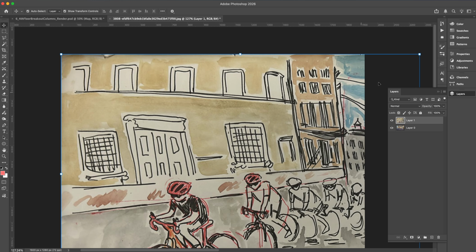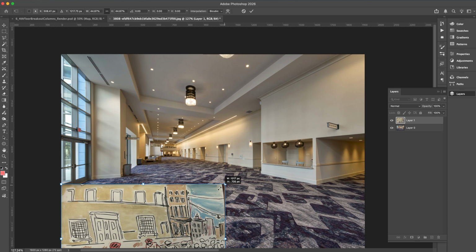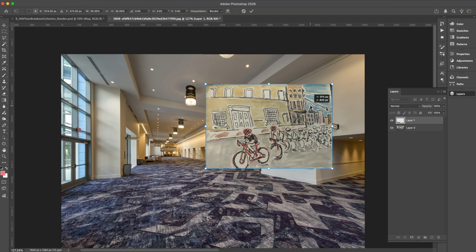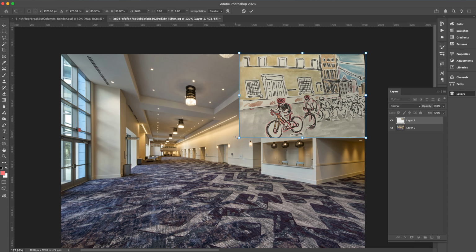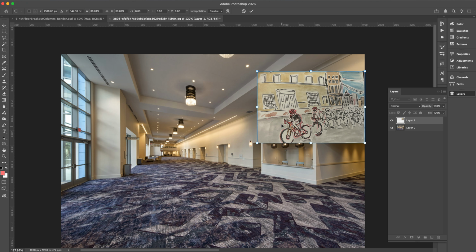And I can resize this, hold down Shift to keep it scaled proportionally. And I'm going to place it kind of right over here. And then I'm going to double click it to lock that in. Now I'm going to take the opacity down to like 50%, something like that. And I'm going to hold down the Command button, and then I can